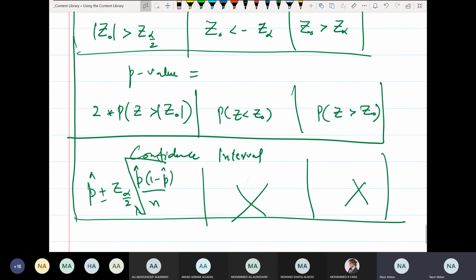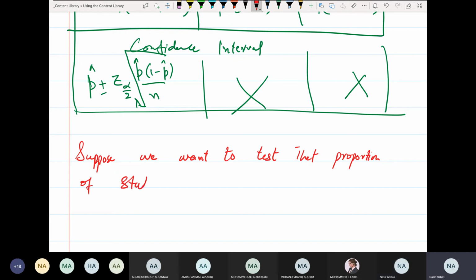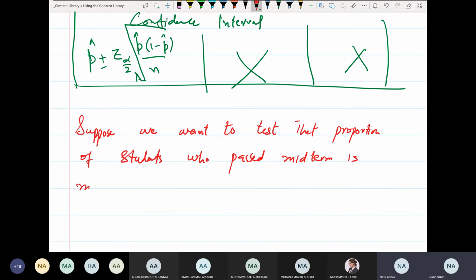Let us have a question. Suppose we want to test that the proportion of students who passed midterm is more than 80%. To test this hypothesis, a sample